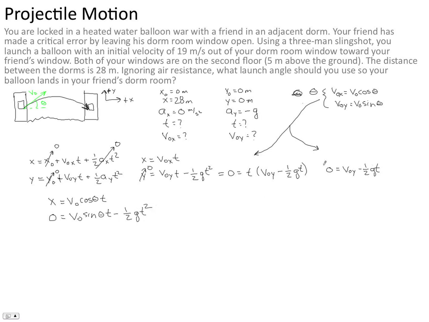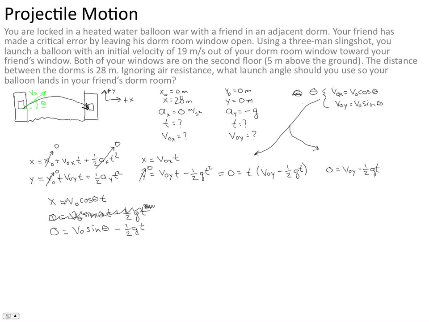Oh, forgot. Oh, sorry. Oops. Cross that out. 0 equals v naught sine theta instead of v naught y, minus 1/2 g times t. Okay. Now, if we look at these two equations, this one and this one, now we have